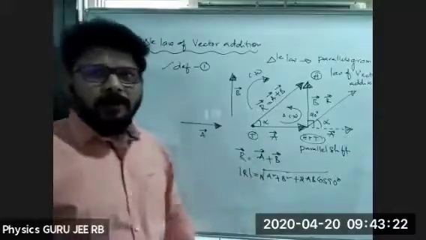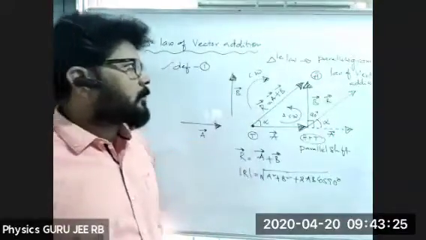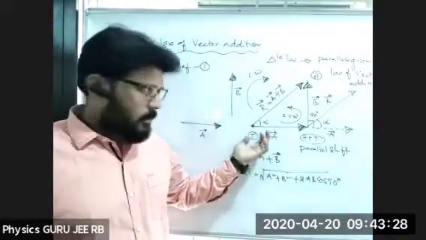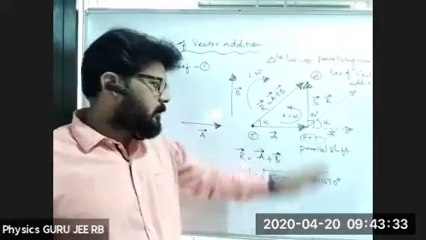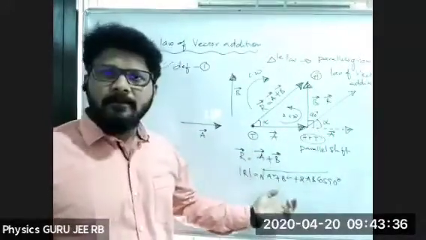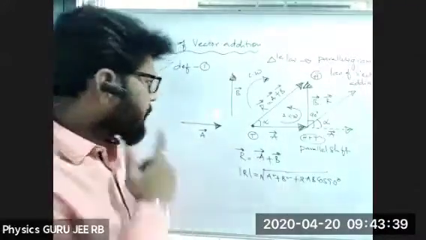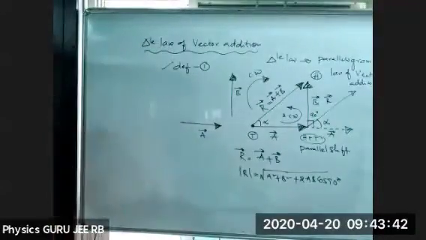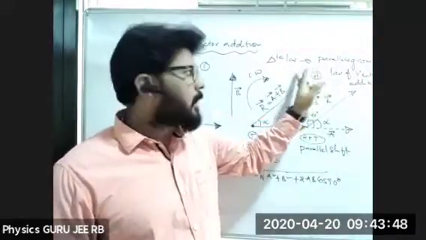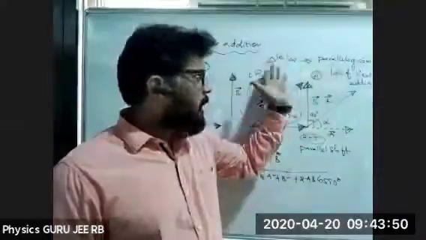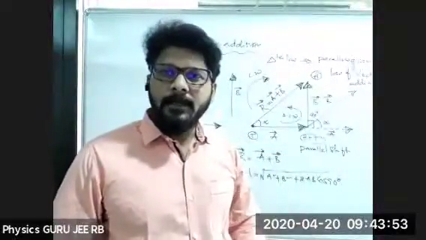So triangle law of vector addition, we just started about triangle law of vector addition. In triangle law of vector addition, how we are converting triangle law into parallelogram law of vector addition by using the concept of parallel shift, and how we can calculate the magnitude of it, right? Okay, now going to the second definition. See, these two are linked. There is no separate parallelogram law or triangle law. We can convert triangle law to parallelogram and we can apply it in an instant of time.